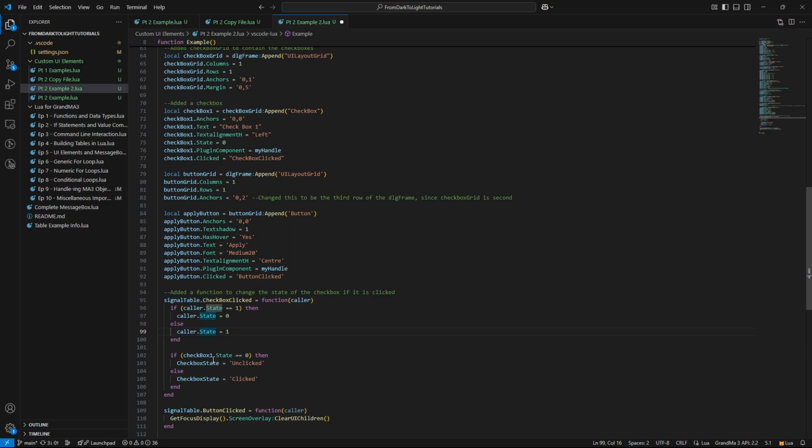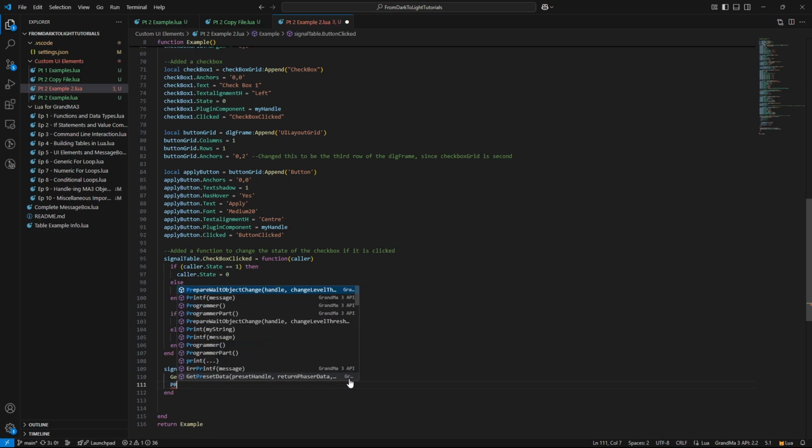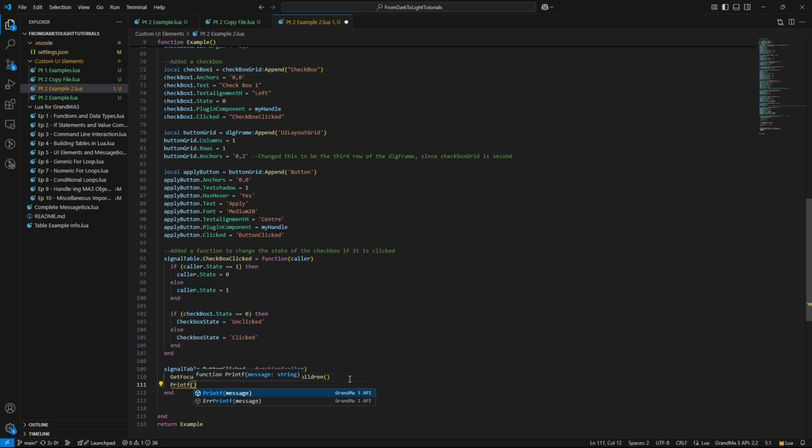Now this variable could be anything, obviously, and if I had multiple checkboxes, of course I would give them different names. So now I can click that checkbox as many times as I want, and when I finish, this variable will represent the final state of the checkbox. Now I'm going to go down to my apply function and tell it to print based on the status of that variable, because the variable isn't going away. Let's do a printf, and of course you could do whatever with this, but I'm going to just printf checkbox state, because that's pretty simple.